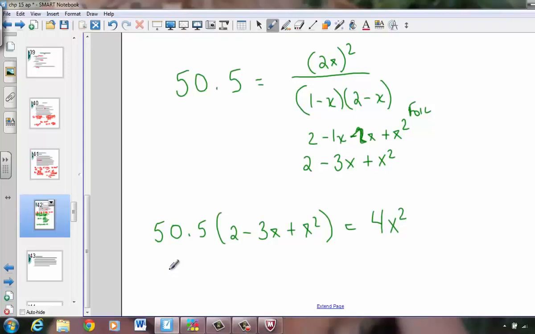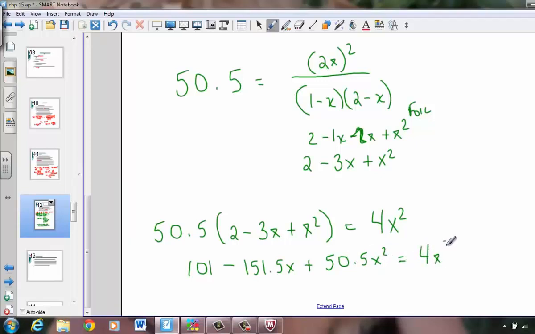So to your calculator, 50.5 times 2 equals 101. 50.5 times a negative 3, and I found negative 151.5. And that still retains the x. Plus 50.5 times x squared is 50.5x squared,